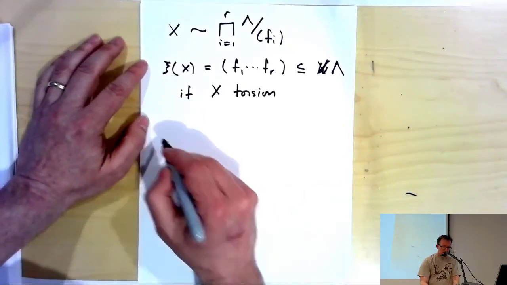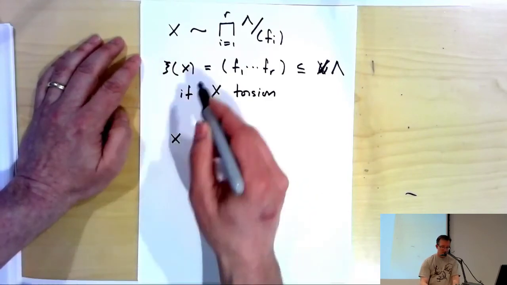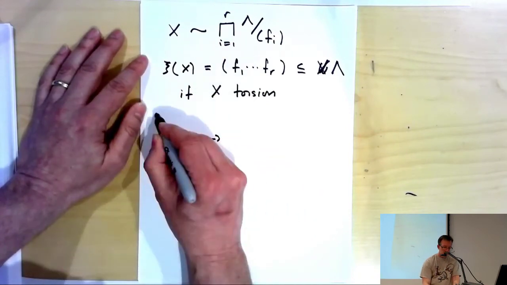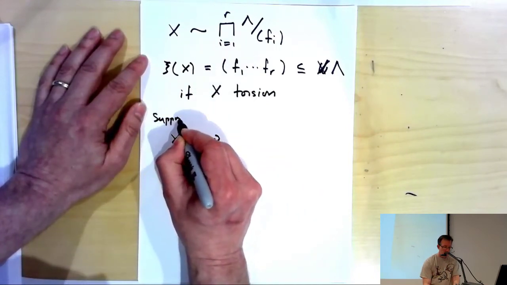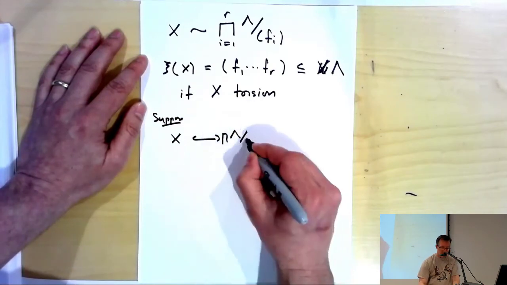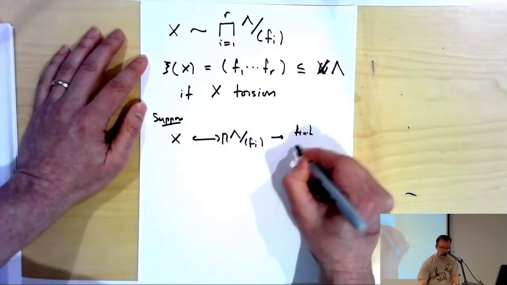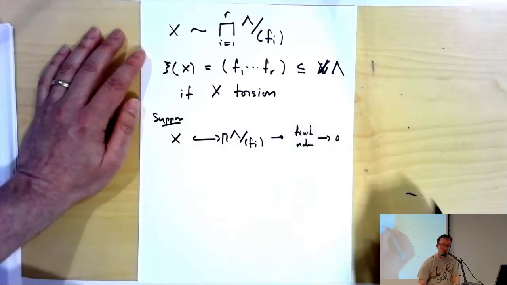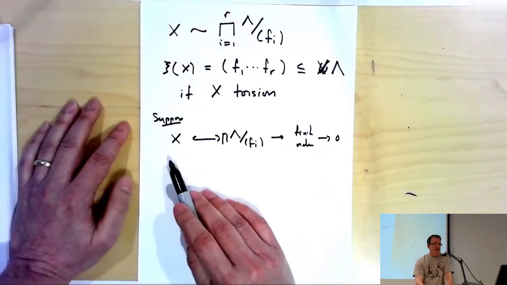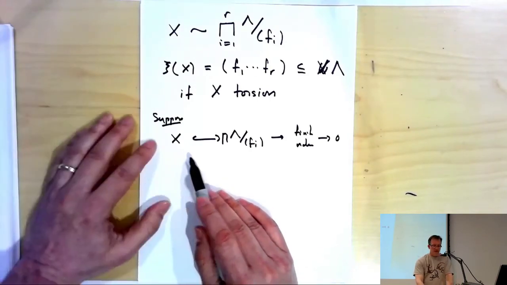If X has no pseudo-null submodules, so if we have an injection of X into such a product with some finite order cokernel, then we can recover the size of X modulo T, or gamma minus 1,